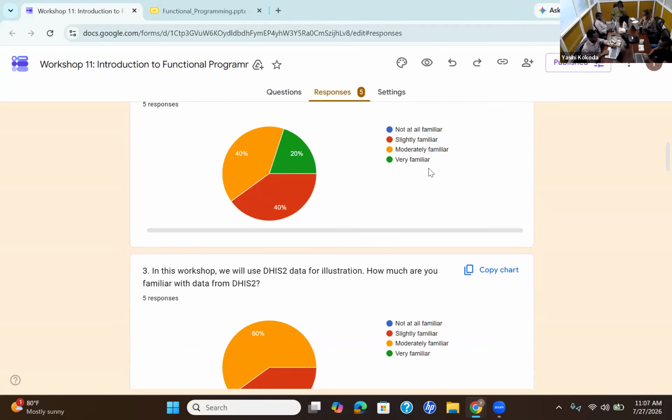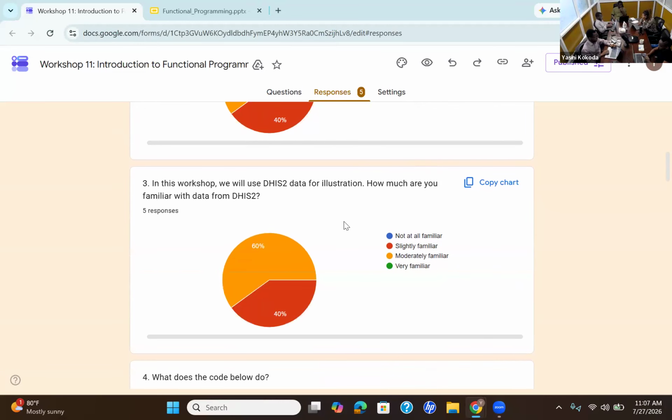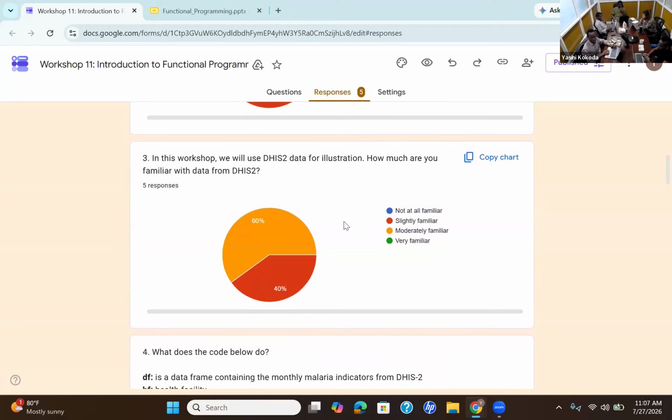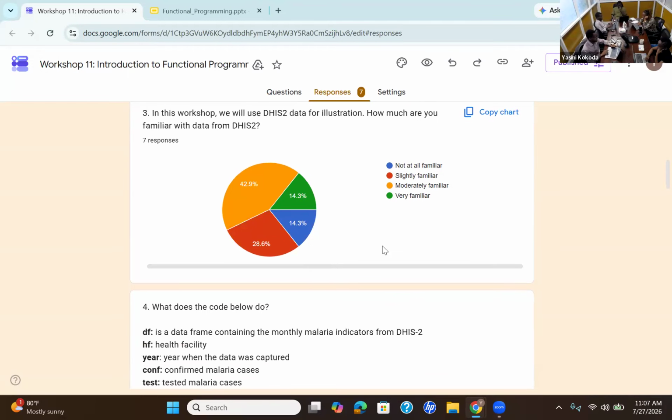So we don't have anyone who is not familiar at all. In this workshop, we will work mostly with the DHIS2 dataset, and there was a question to understand if you are aware of the data from the DHIS2 system. Only one person is not familiar at all. Some have heard about it. Some are very familiar.